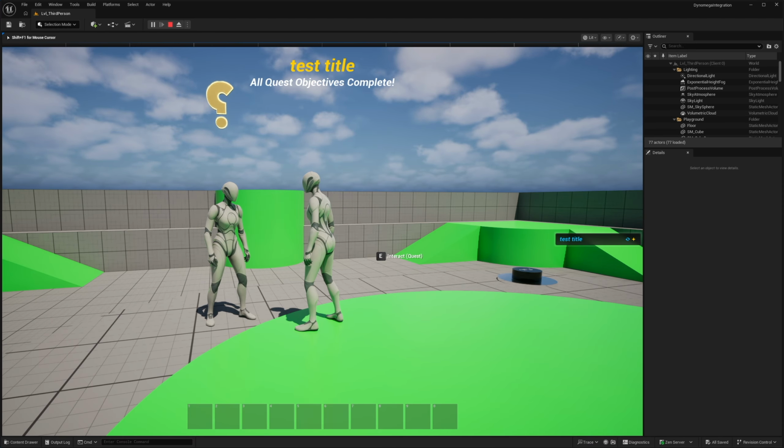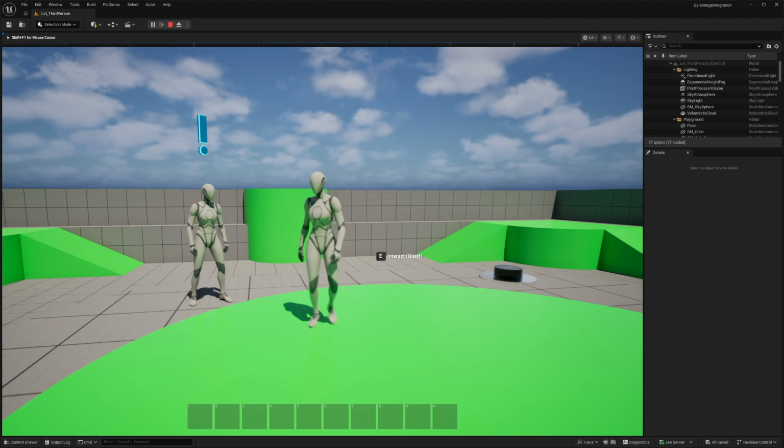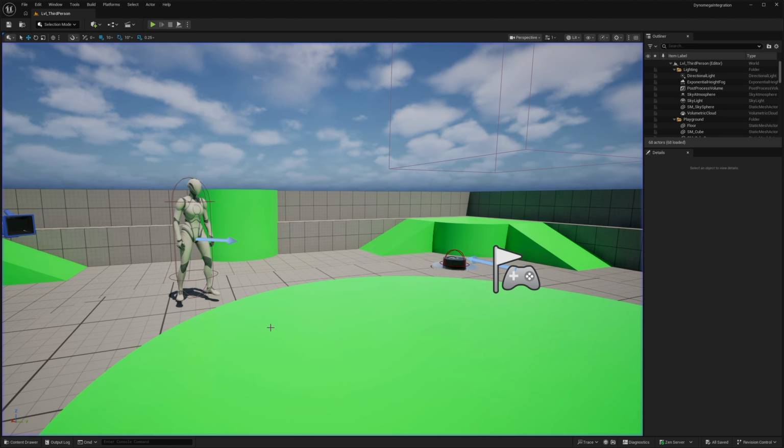Also make sure to add a simple quest to your level that you can test with. I am using a repeatable quest with no objectives. The start and end points are the same actor. I also have the quest reset button in my level. You can find this in the demo Map Helpers folder. If you need help with setting up the systems or making a quest, you can learn how to do those